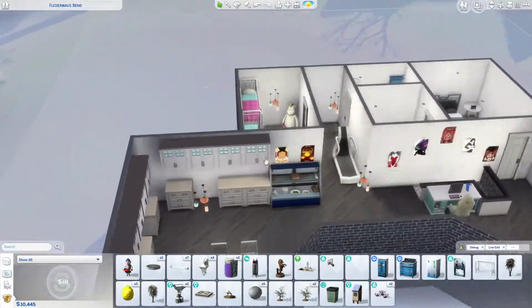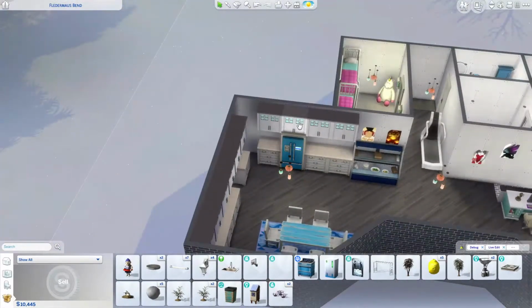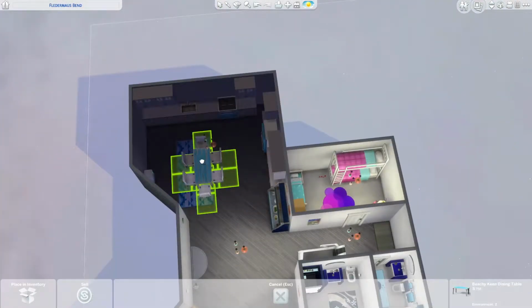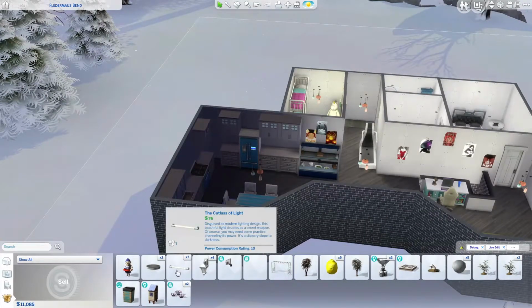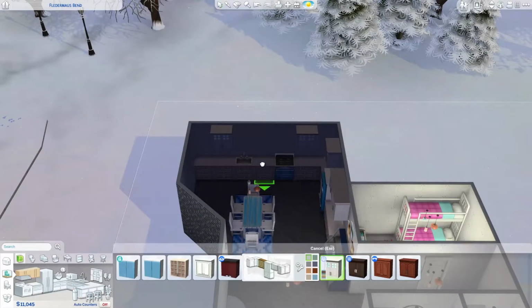But this house is a pretty simple layout. I think I mentioned this last time. When I'm building a house for me to actually play in, I don't do a lot of clutter, and I like to keep the floor plan rather basic, just because I don't like scrolling around a lot. It's so lazy sounding. I also don't like going between floors, but because I do have vampires in this family,